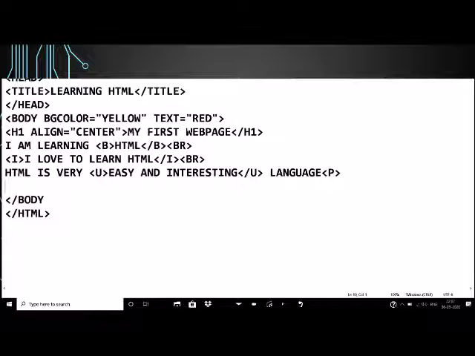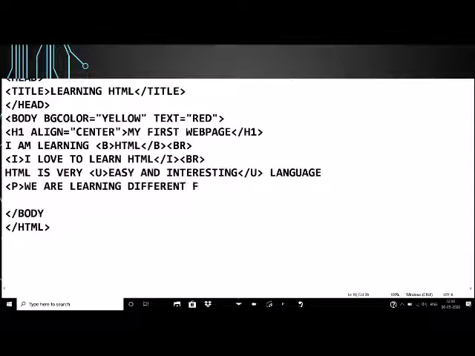Suppose I'll write one more line here inside the P tag: we are learning different formatting tags in this session, and I will close the p tag here.